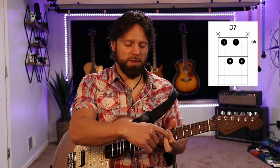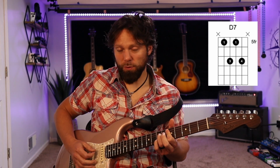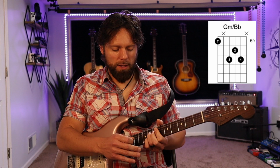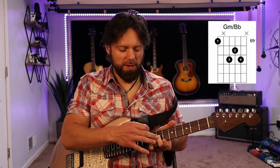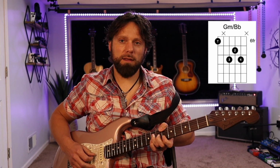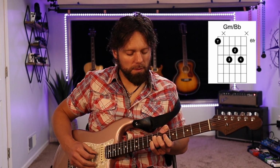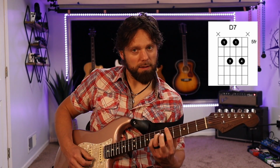So now we're just barring it still with the first finger on the 5th fret, 3rd and 4th finger, 7th fret on the 2nd and 4th string, so the D and the B. Slide them up one, and what we're going to do is the 3rd and 4th stay the same. The middle one is going to fret that 7th fret on the, what are we on here, the G string, and then you're going to fret the note right here on the 6th fret on the D string. Keep it the exact same, but put the first finger on the A and then. So if I play it together, it sounds like...